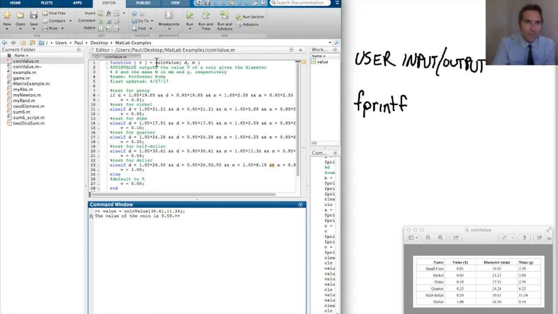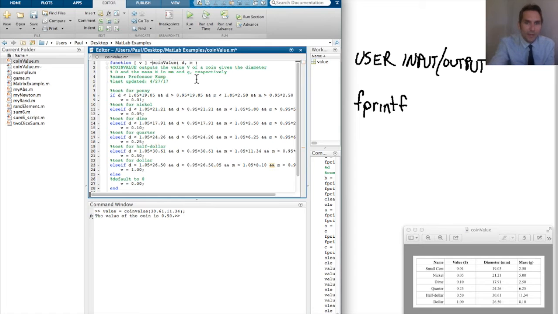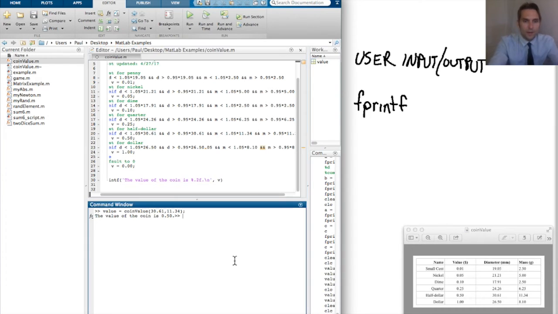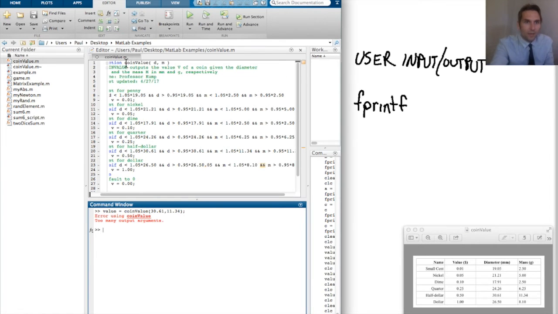So what I might see is something like this. Well, let's get rid of the output. We don't need the output, so we'll get rid of that in the function header, and we'll just simply display it. So I'll save that, put a \n there, and we'll save that, clear the workspace, clear the command window. Okay, and I'll call my function. Oh, I have no outputs now. So I have no outputs, so I will call my function